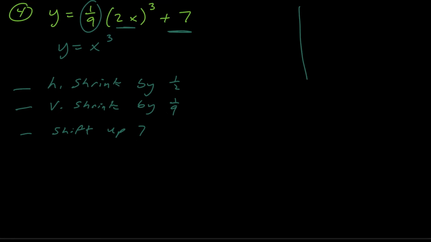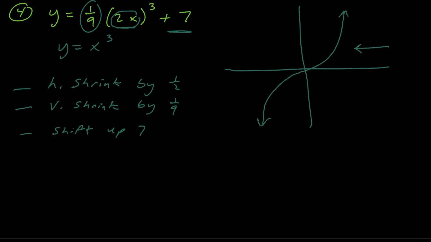Now, if we want to graph it, just to do a rough graph, not an exact graph here, we'll take our parent function, y equals x cubed, which looks something like this. The 2x we said is actually going to be a shrink, so you're squeezing it, or multiplying all the x values by 1/2. So what that's going to do is take this point here and put it right here. It's going to take this point here and put it right here. The point that's at the origin, when you multiply 0 times 1/2, it's still 0. So you're going to get a graph like that that's been squeezed towards the